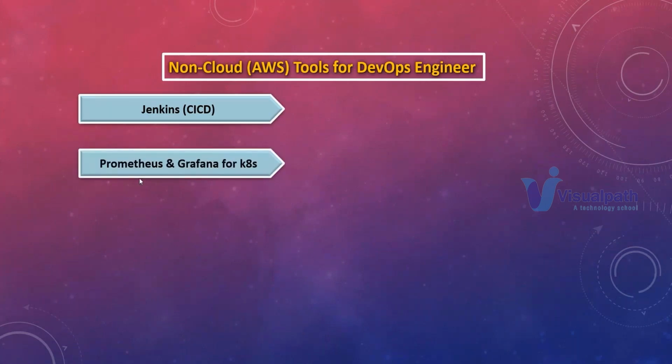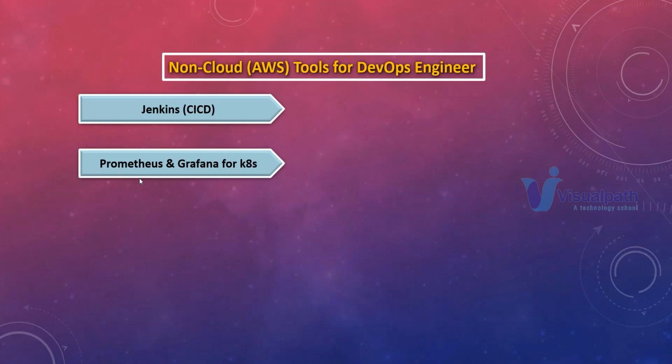Okay. And one more thing, though I have not written it here: if you want to monitor your Kubernetes cluster and its applications, we need to learn monitoring tools like Prometheus and Grafana. After deploying applications, how will you monitor whether your application is running or not? And if something goes wrong, I need to see the logs of the application. Now, who will capture all this information? Prometheus and Grafana as a dashboard. To visually see them, we have to use the Grafana dashboard. To fetch this information, Prometheus will be used for your Kubernetes cluster. K8s is nothing but Kubernetes.